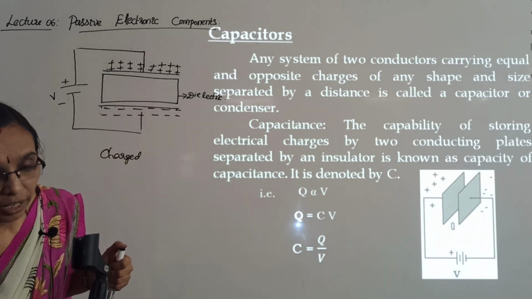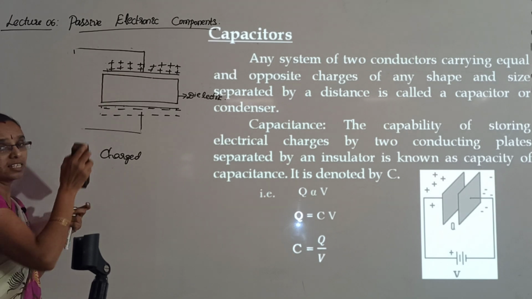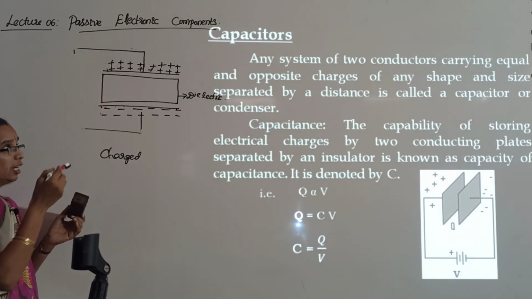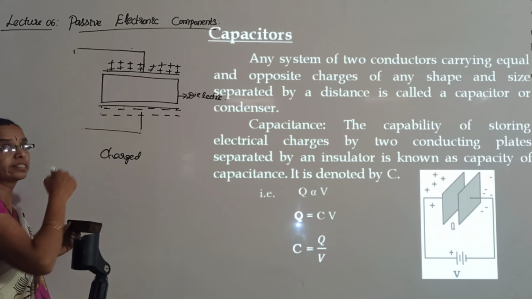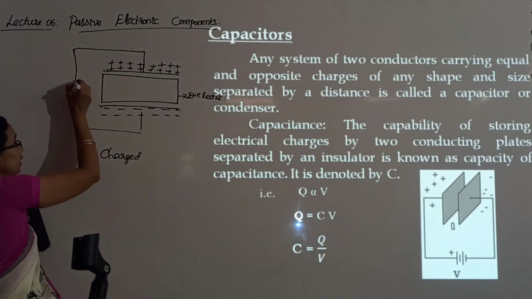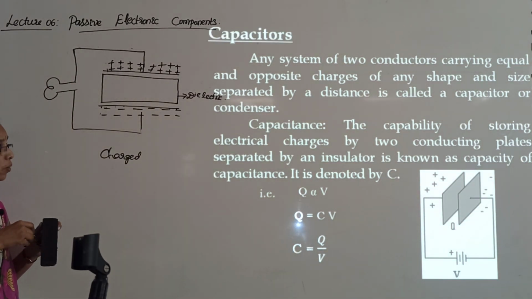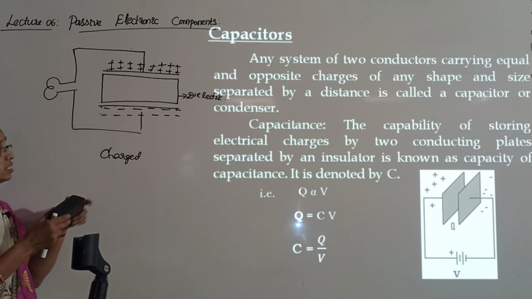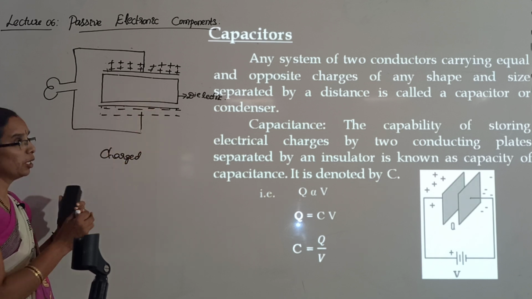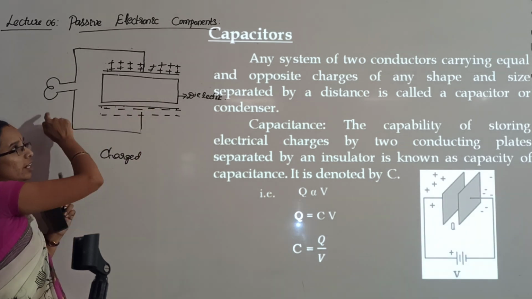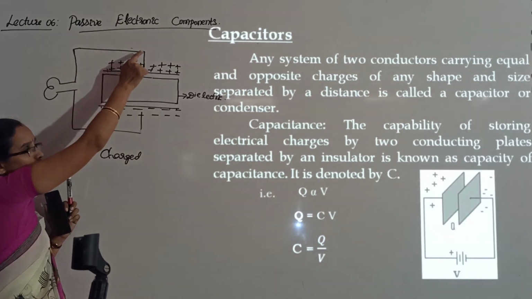Even if you remove the voltage source, the accumulated charges will remain as they are. That time this will be called a charged capacitor. If you want to make the plates neutral, what will we do? We have to give a conducting path. I will connect a bulb over here. These two are different types of charges. Positive charges are accumulated on the top plate and negative charges on the bottom plate. These negative charges, electrons, are attracted towards the positive charges in the top plate, so they start moving towards the top plate.